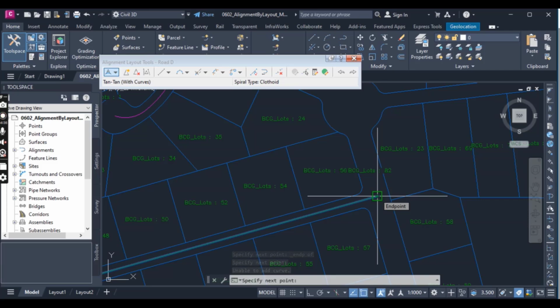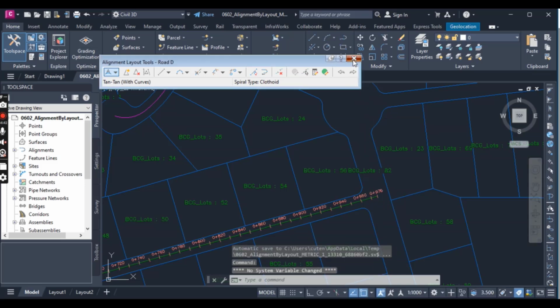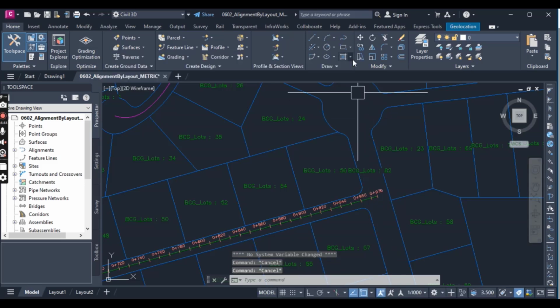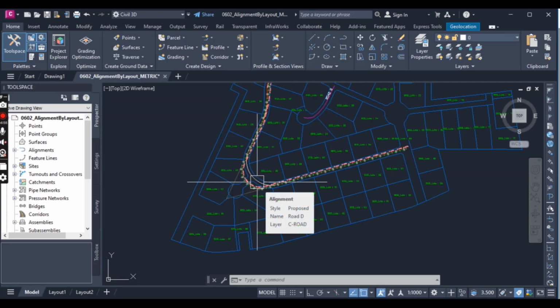So after selecting the last endpoint along the red polylines, press enter to end the command and click the cross button at the upper right on the alignment layout tools toolbar for road D to close it. So keep this drawing open for the next portion of the exercise and zoom in around the areas with arcs